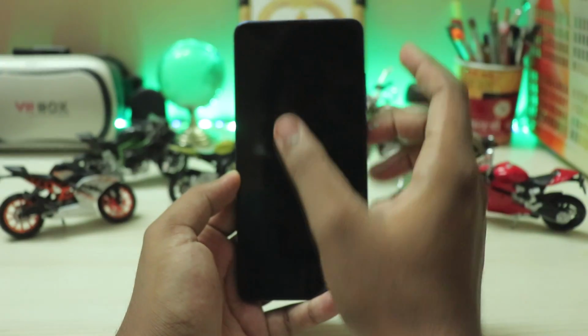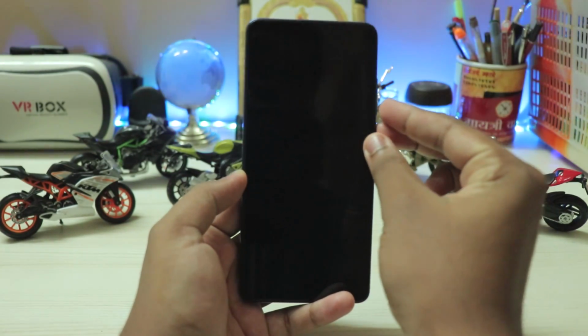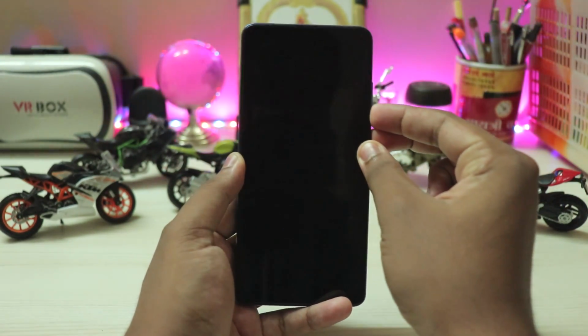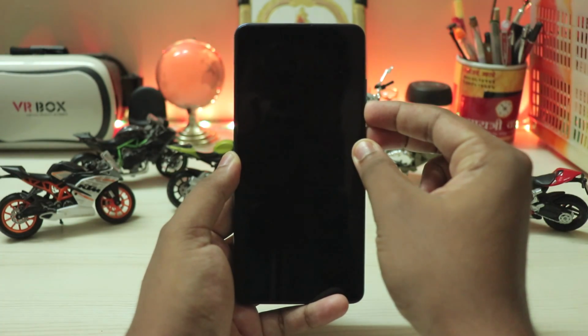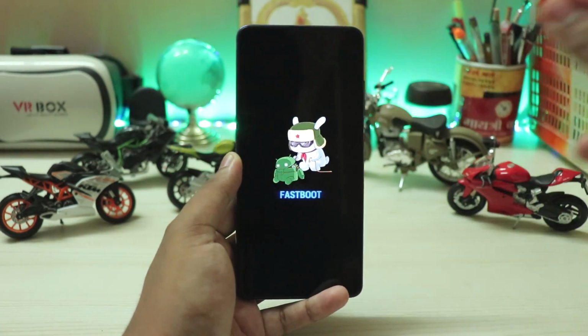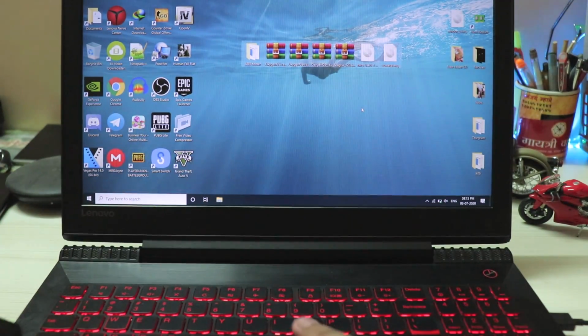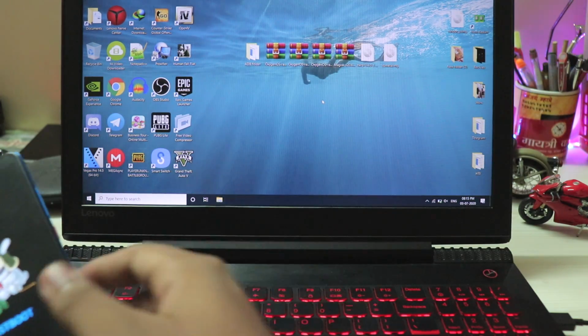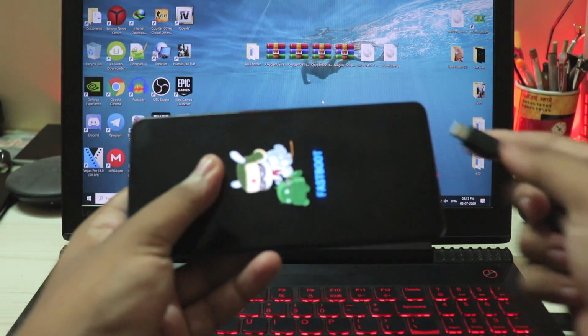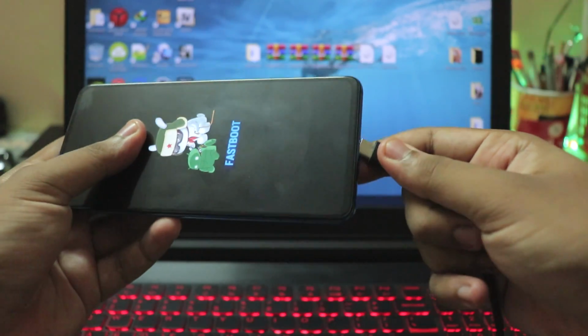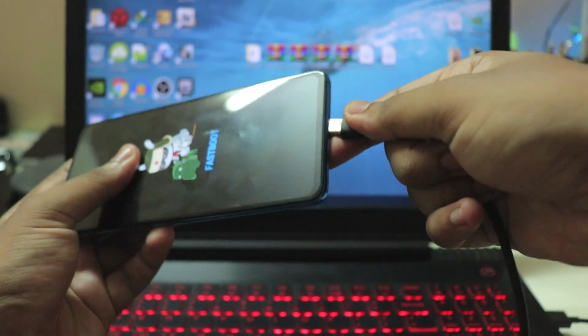So let's get started by pressing power and volume down at the same time to go to fastboot mode, and then hop onto your PC. Once you're on your PC, you have to download these almost 7 files, and then grab your phone and connect it to the PC just like somewhere over here.